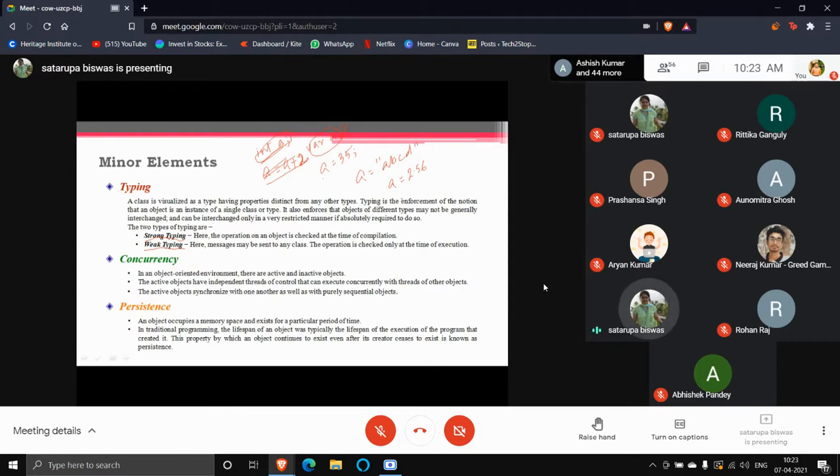And there will be some functions or methods using which the cars will behave: how they are driven, how they stop, how they have their music system. These are the internal functionalities, represented by functions or methods. Together, the behavior and the attributes make a class.